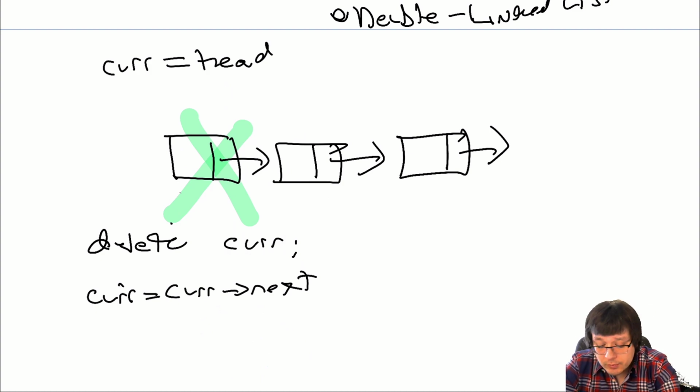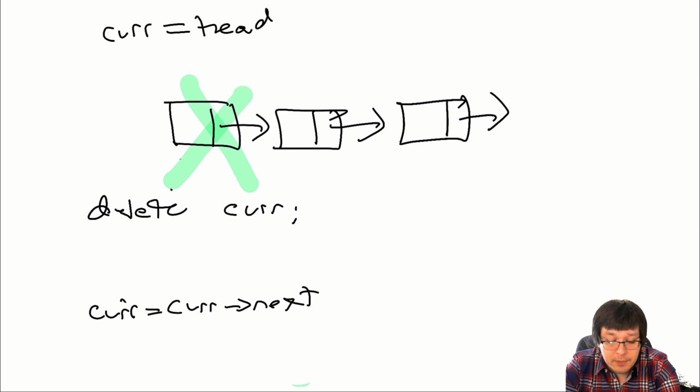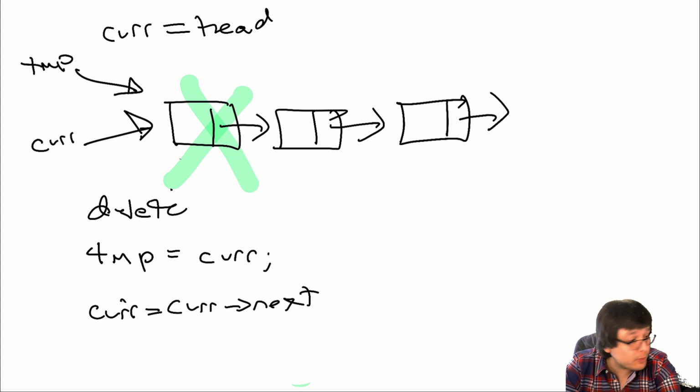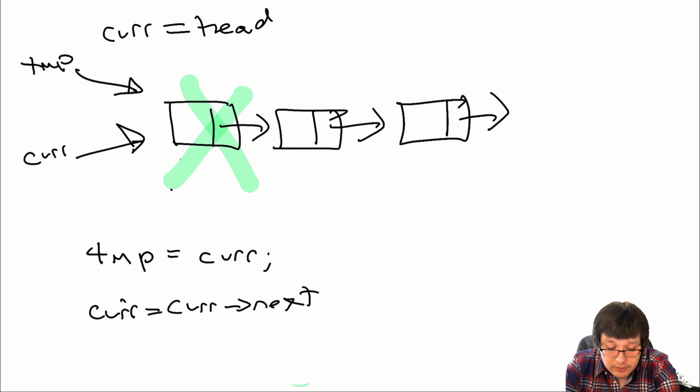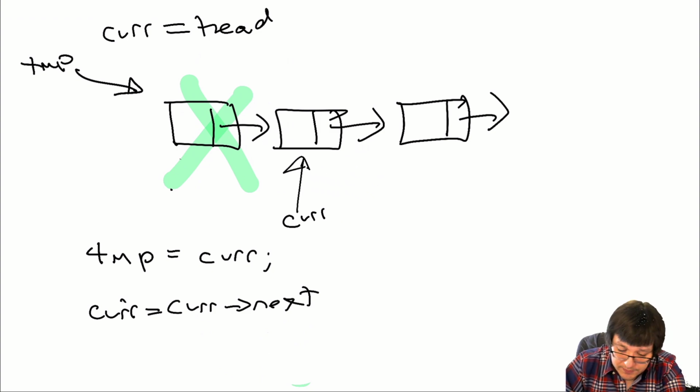So the solution to this, which is what I did in the original solution example that I showed you there, is I actually make a temporary pointer. And then I basically copy the address of cur to that. So what I'm doing now visually is I have my cur and now I have my temp both pointing to the same location. Once I do that, then I can just go ahead and update cur. So now cur is going to be pointing to the next node, like such. And then temp is still pointing to the old node.